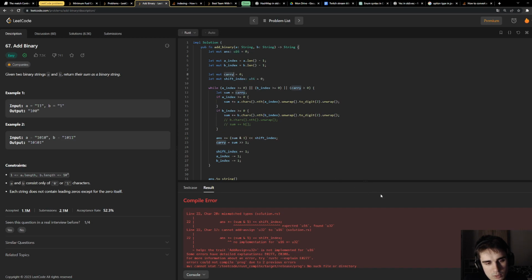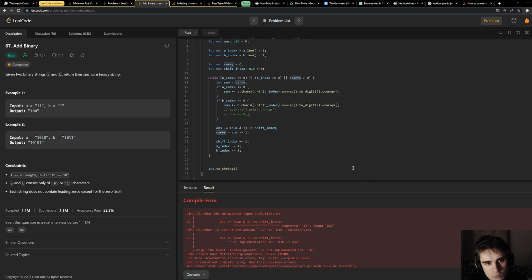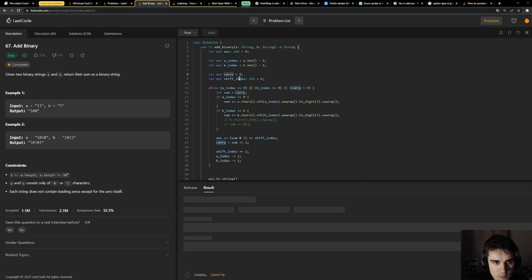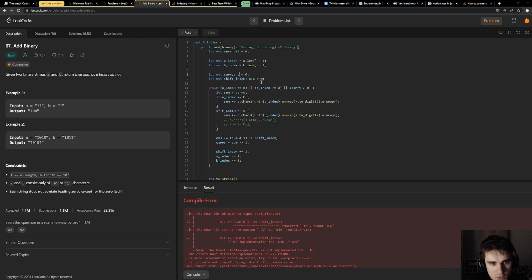And maybe carry should also be a U32. Or maybe not. Actually, we can reduce this to U8 probably, because the carry will never be more than 2. Expected U16 found U32. And why is it expecting a U16?